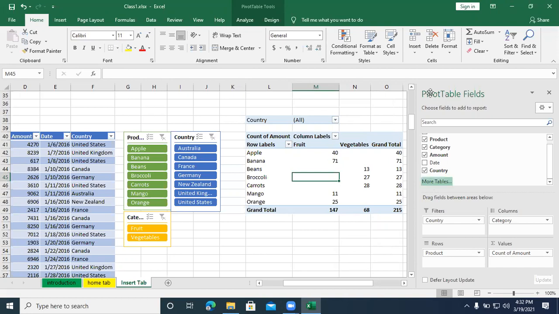So understand this. Again, you can convert it back to sum. So I just convert this.